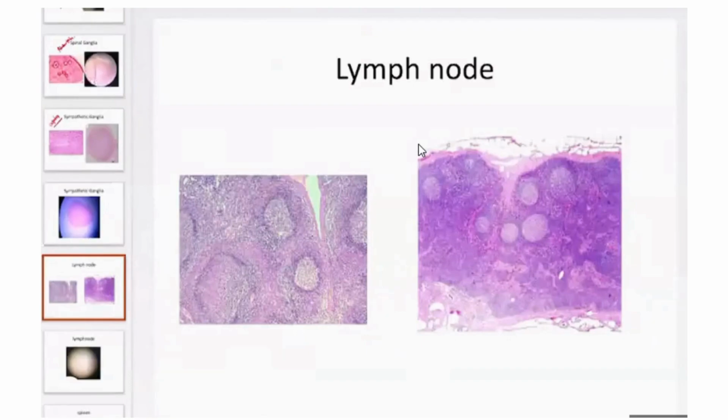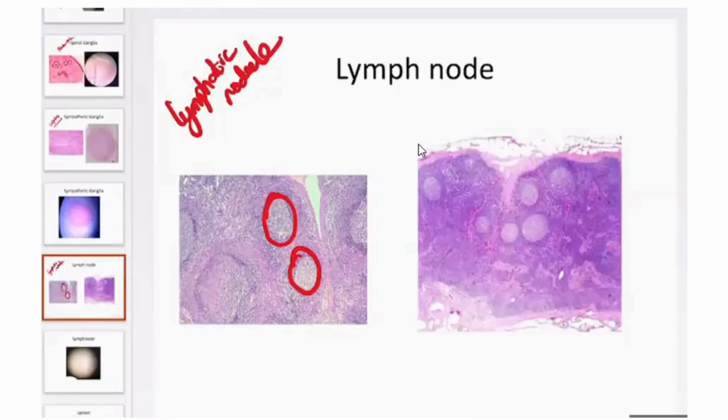So where do we get lymph nodes? What is the location of lymph nodes? In all the regions we have lymph nodes, draining the lymph vessel. Am I right? Can you see this rounded mass? This we call a lymphatic nodule. You divide the lymph node into an outer cortex and inner medulla. On the cortex, you get the lymphatic nodule, whereas on the medulla, only scattered